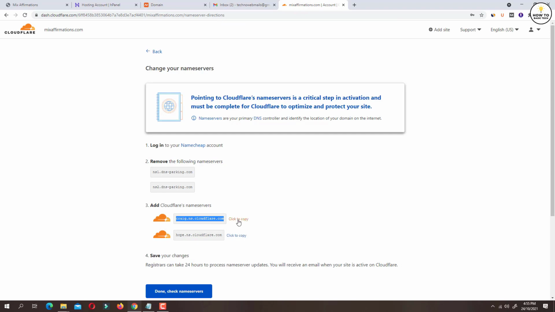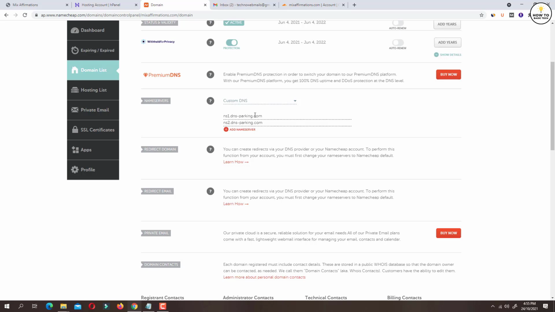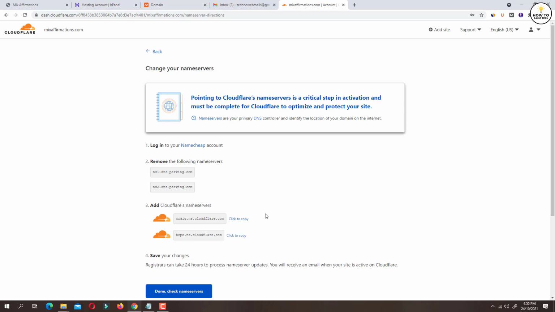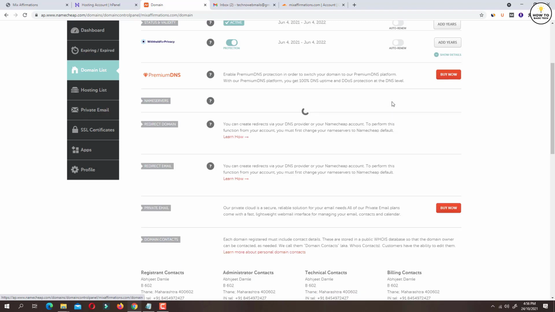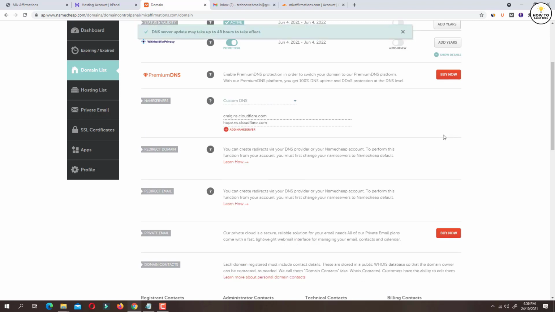You need to copy the name servers from the Cloudflare website and then paste them on your domain registrar. Similarly, copy the second name server and then paste it as well. Once done, click on this tick icon and now you will get the message that DNS server update may take up to 48 hours to take effect.